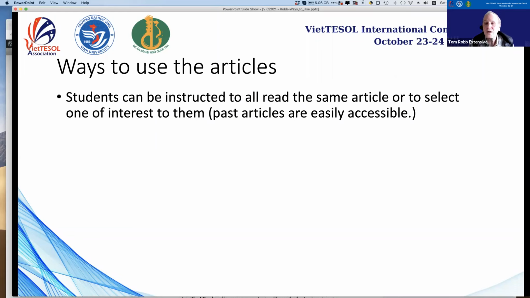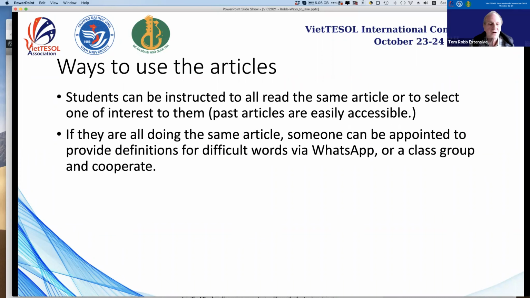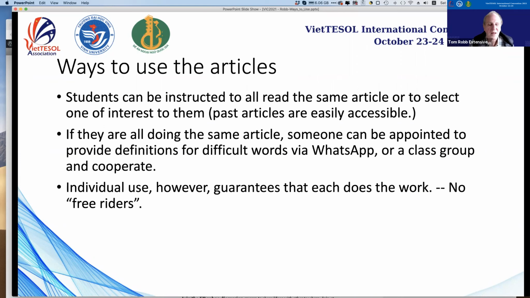Students can be instructed to read all the same article, especially if you're going to provide some vocabulary help for it, or to select one of them that's interesting to them. And you can also have them look at the past articles, not just the current ones. If they're all doing the same article, someone can provide definitions for help with them, and maybe they can share that on WhatsApp or on some sort of a class group, and they can cooperate on making the vocabulary. For individual use, however,